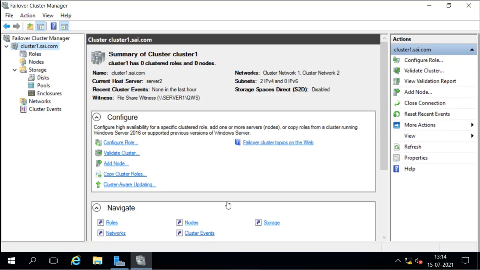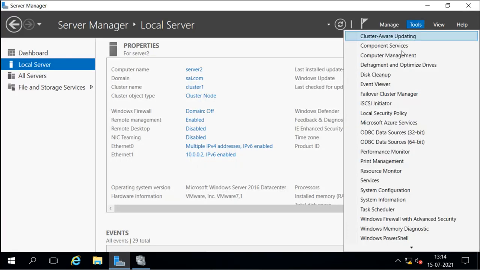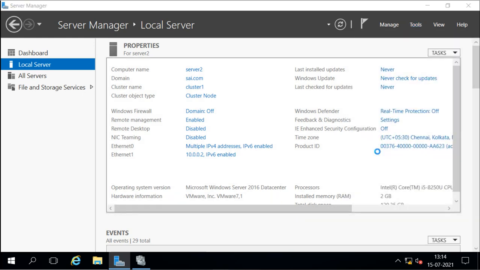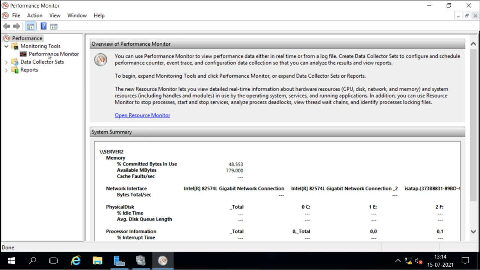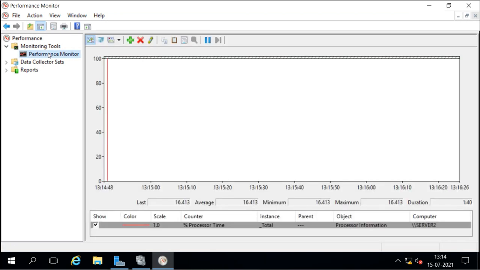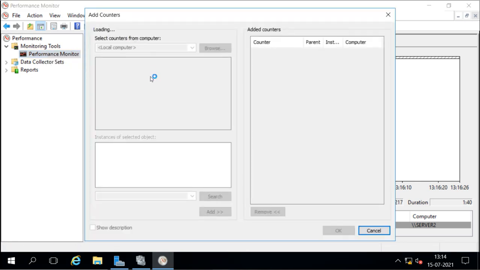And we know how we can get this. We can go to Tools and open Performance Monitor, and under Performance Monitor we can see the current performance. Now you can add counters related to the cluster.